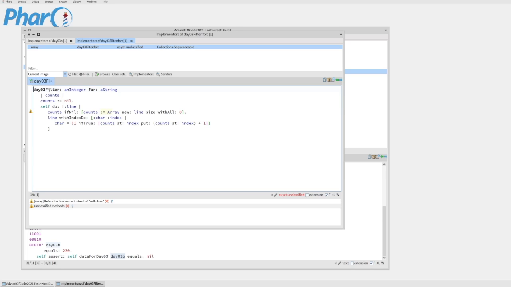Okay. So we don't want counts, we want count. And count will start off at 0 because we're only going to look in one particular position. So we're not going to loop inside here. We don't need to do the array either. We're just going to say if